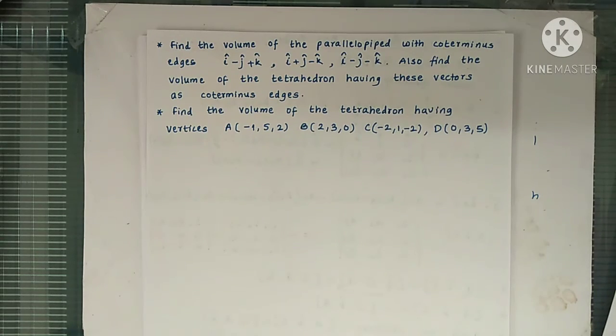Now the next question is, the vertices of a tetrahedron are given and you have to find the volume. So find AB bar, AC bar, AD bar. You can take any point common, and find the scalar triple product. It may be negative also. As it is a determinant, it may be negative, because if AB bar, AC bar and AD bar is not a right-handed triplet, then we get a negative value. So if it comes negative, make it positive and multiply by 1 by 6, and remember to write cubic units.